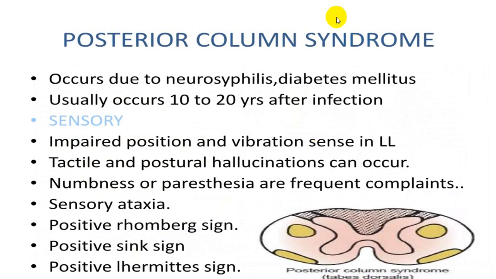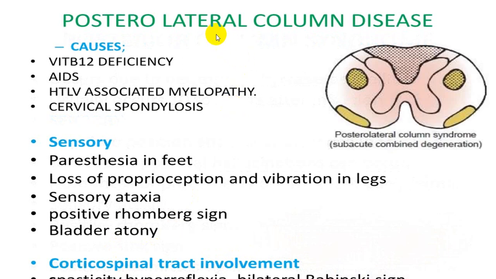As far as the posterior column is concerned, it is very common in tabes dorsalis, or what we call neurosyphilis, where you will have a loss of position and vibration sensation, sensory ataxia, positive Romberg sign, positive Argyll Robertson sign, and positive Lhermitte sign. You can have posterior lateral column disorders, particularly in case of subacute combined degeneration, that is B12 deficiency, HIV infections, cervical spondylosis, etc.,